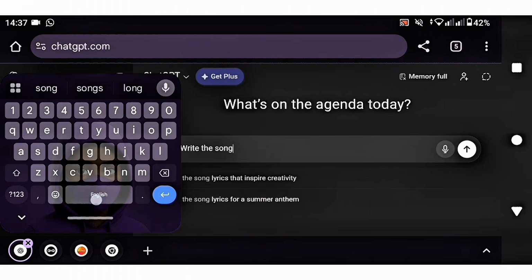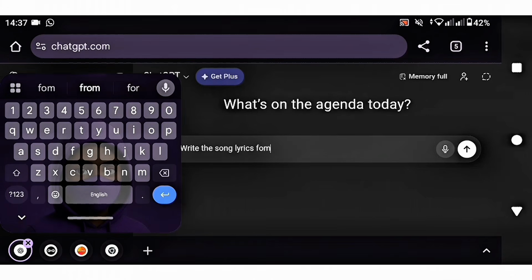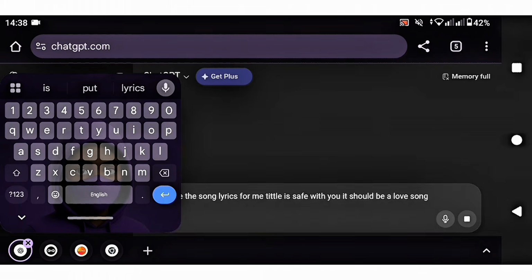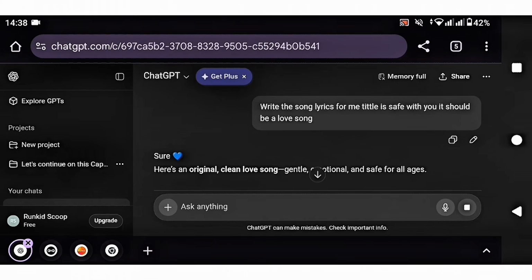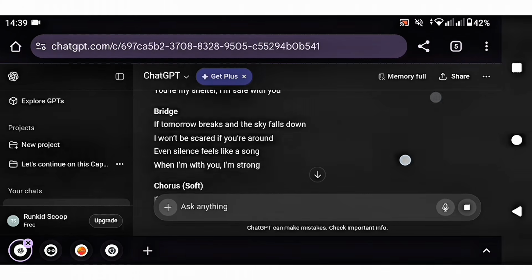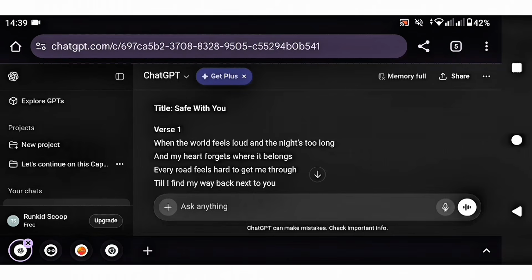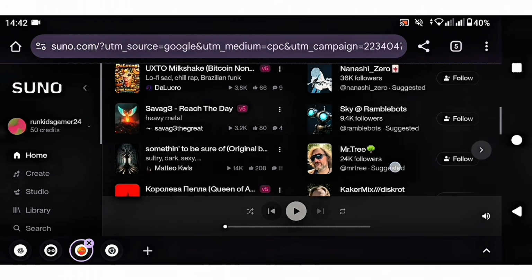You can just go on your browser and type chatgpt.com. So the song I want to generate is Safe With You, which is a love song. So I'll just have to give a prompt to ChatGPT to write a song for me. So just clicking enter, and then GPT will generate a song. So I just have to copy it and then take it to the particular app I'm going to show you,